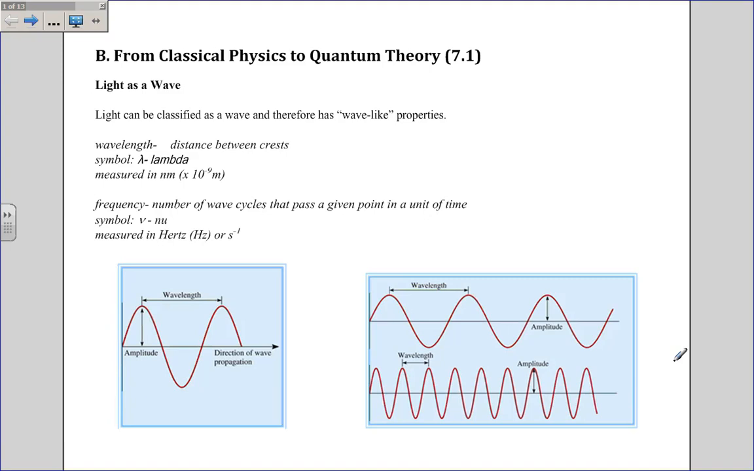In this lesson, we're going to begin to make our steps towards learning about the newest model of the atom, which is the quantum model of the atom. We'll start by reviewing some basic principles from physics as we study light as a wave. Then we'll look at what Max Planck and Albert Einstein contributed to the study of light in relation to the